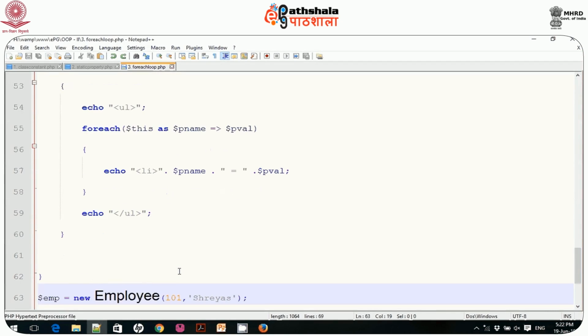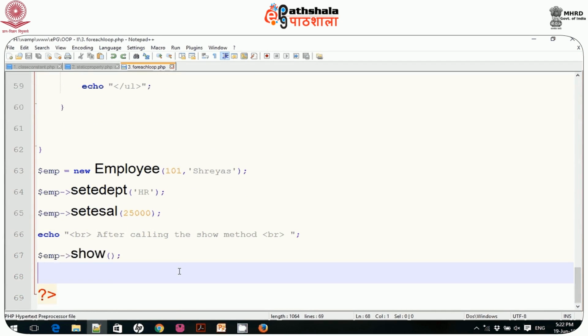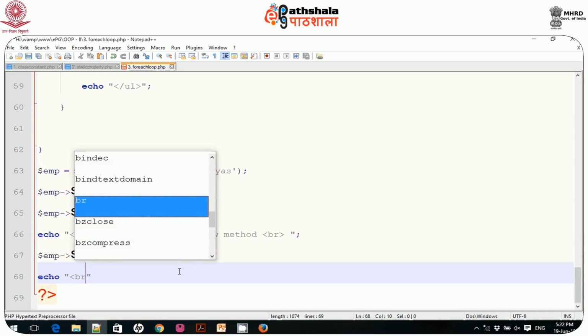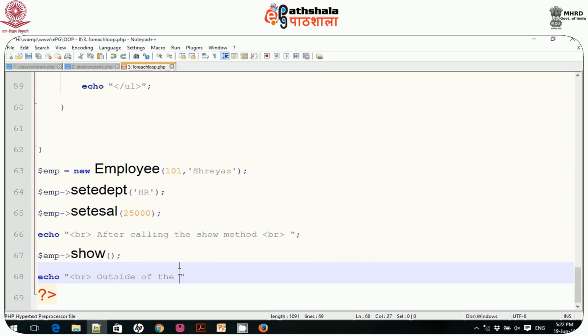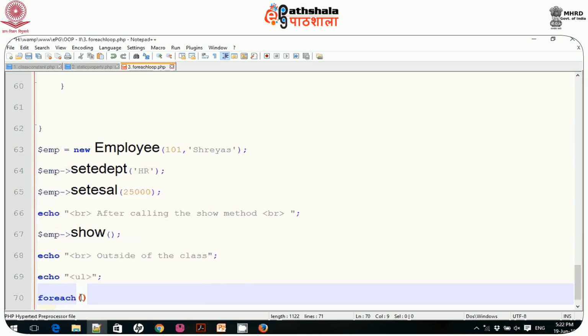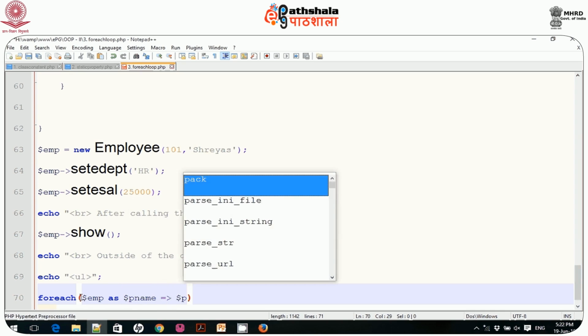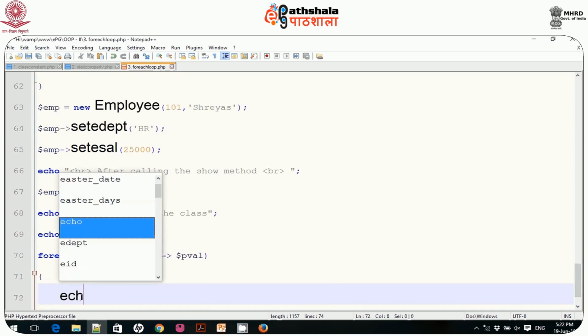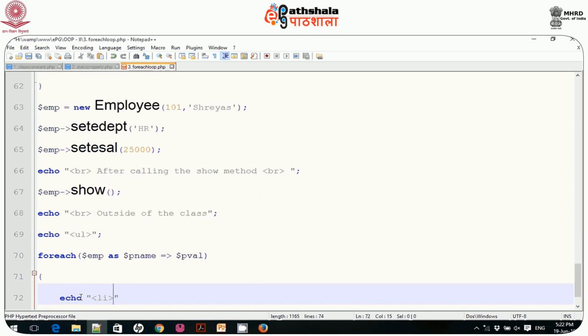Now what actually happens if you code the same code outside of that class? Say for example, now I write echo br outside of the class, and I will check it here. Let's say for example, here I write echo again, unordered list, then I write foreach. Now my object is employee, so I write $emp as $p name arrow operator and $p value, and I want to display echo list item